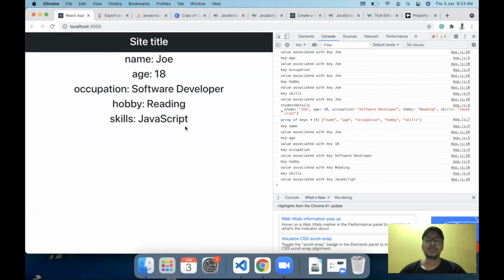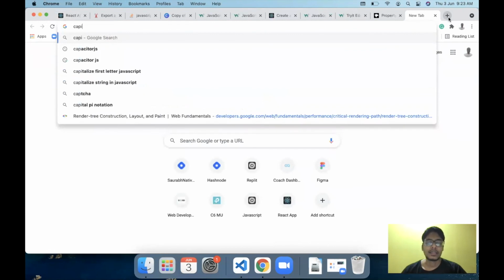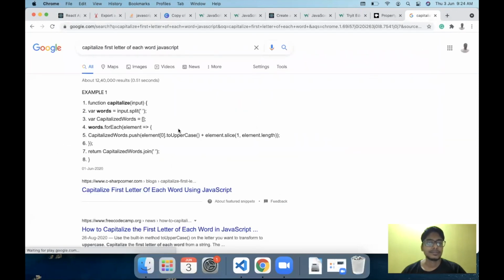Now, one additional thing that we can do is capitalize the first character in our string. For that, you can search for code if you want, like how to capitalize first letter of each word JavaScript.